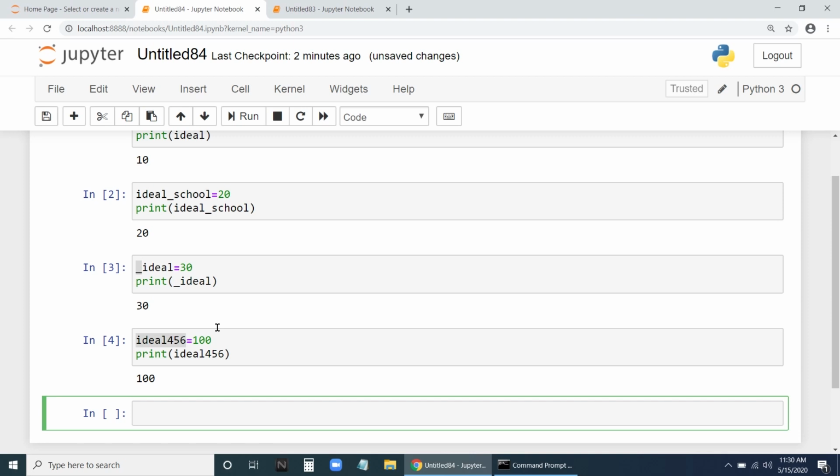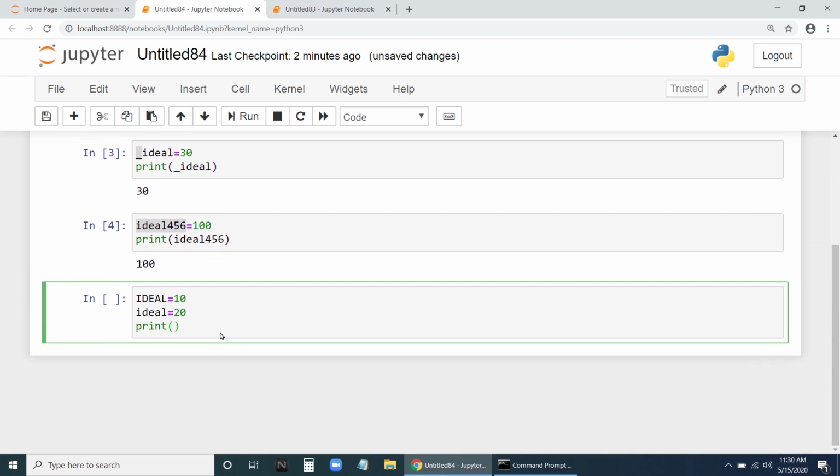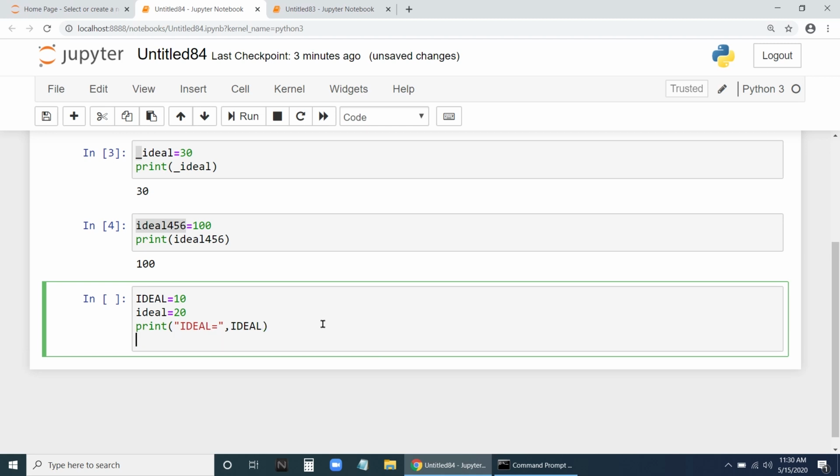Now you can have capital Ideal is equal to, let us say 10. Small ideal, both are different, 20. Let us print these two. Print capital ideal is equal to, we will print the value of ideal. This capital ideal we are printing. Next, we'll use small letters.